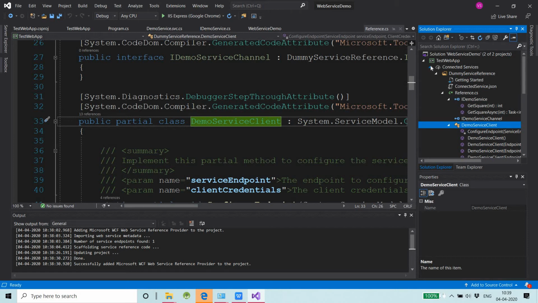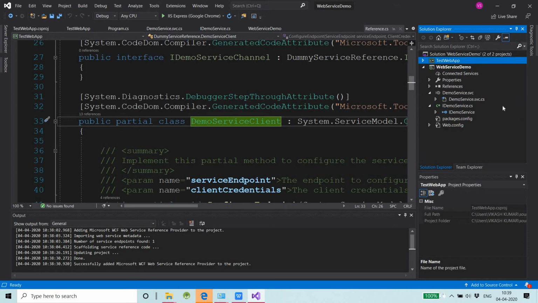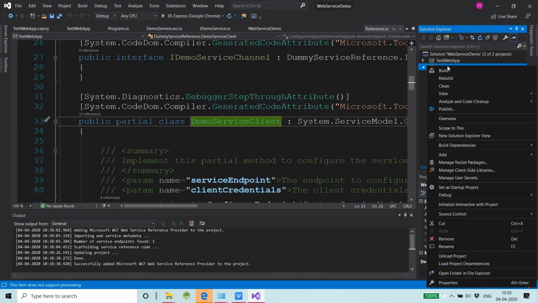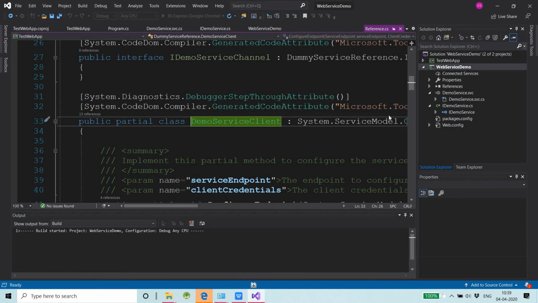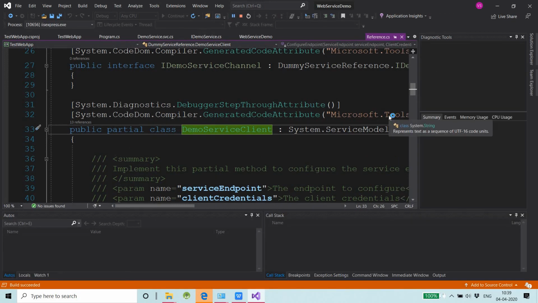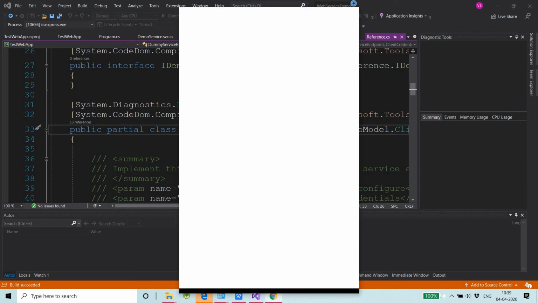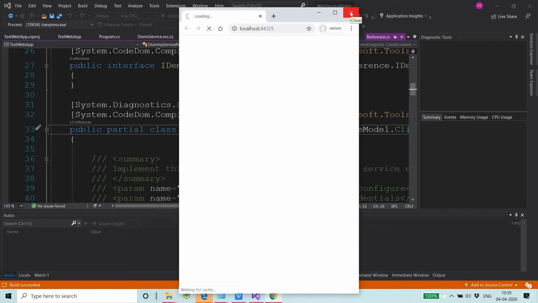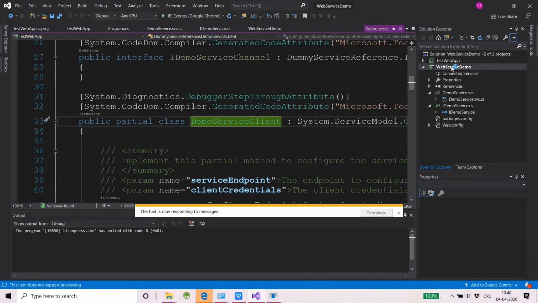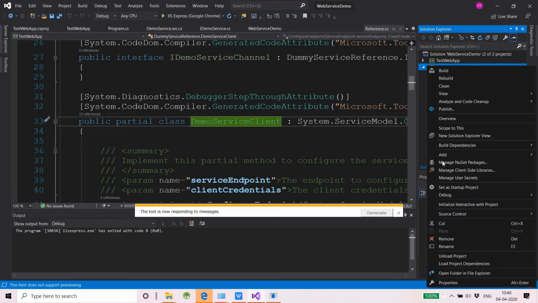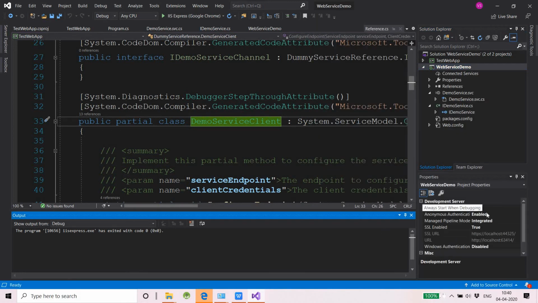Okay, so before that, I would like to show you what was the meaning of that asynchronous operation. So let's go back to this one and just start a new reference. Okay, so it is opening in the browser. We don't have to open it in a new browser. We just need to open it in our own